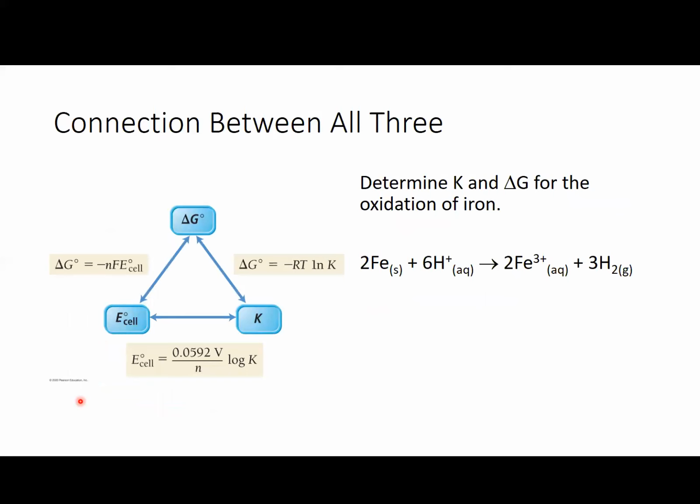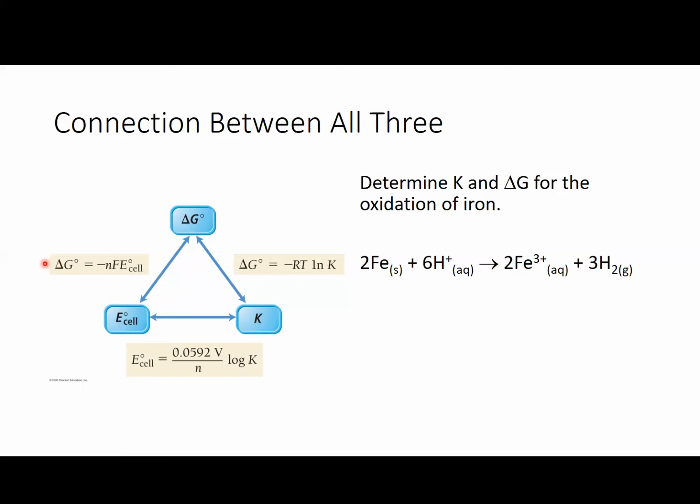And now we've got this big 3 connection, right? So we've got an Ecell, we've got a delta G naught, and we've got a K, and we've got these wonderful little expressions that tell us a little bit about what ends up happening for each one. So the expression to go between Ecell and K is this one. The expression between delta G and K is this one. The expression between delta G and E naught cell is this one. Okay, so we've got this wonderful trio of relationships here, which means that we can use that to do some